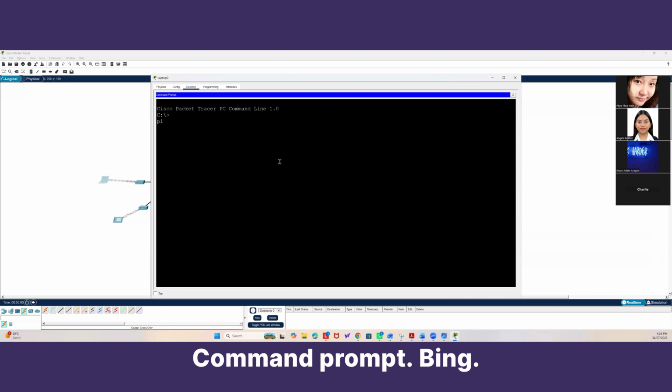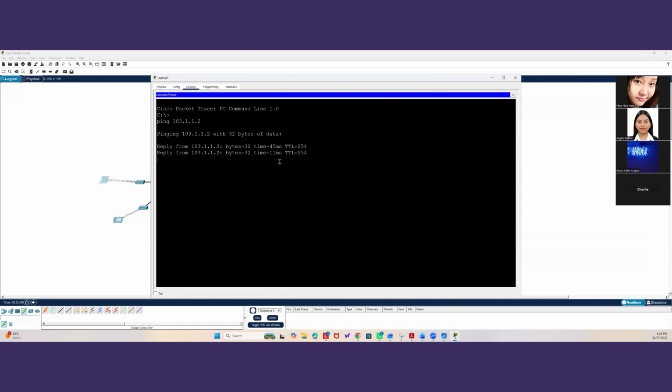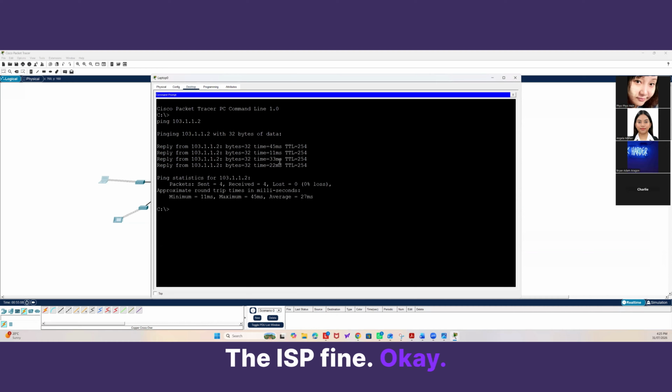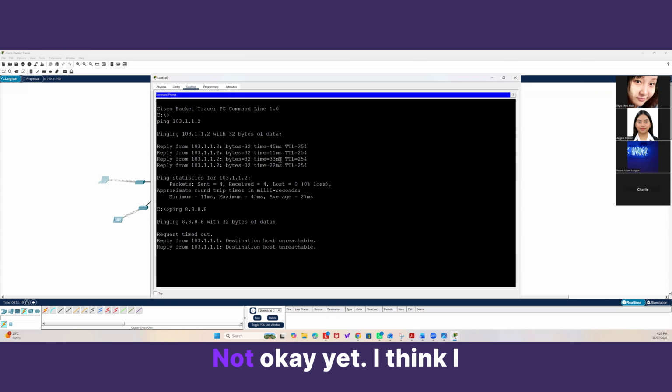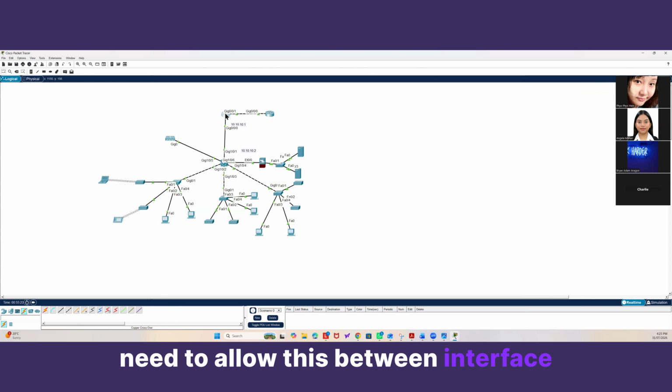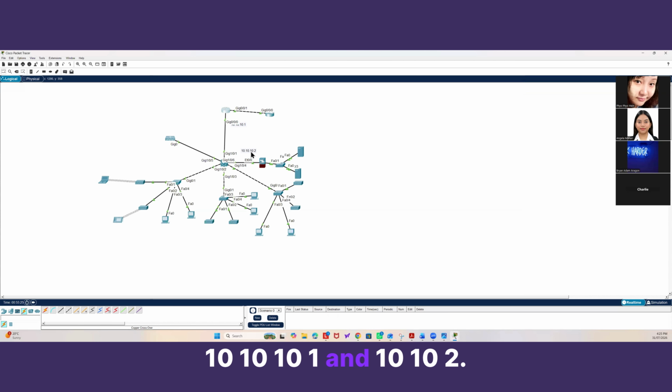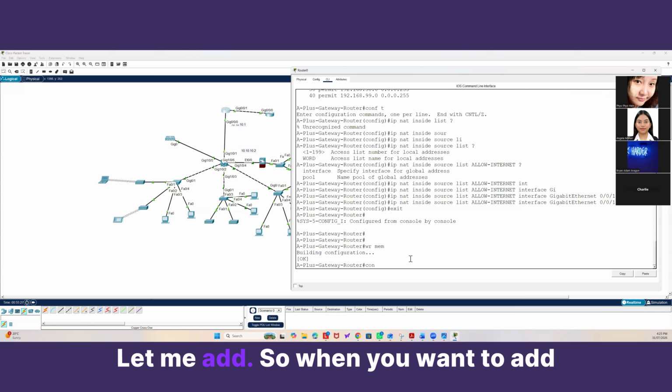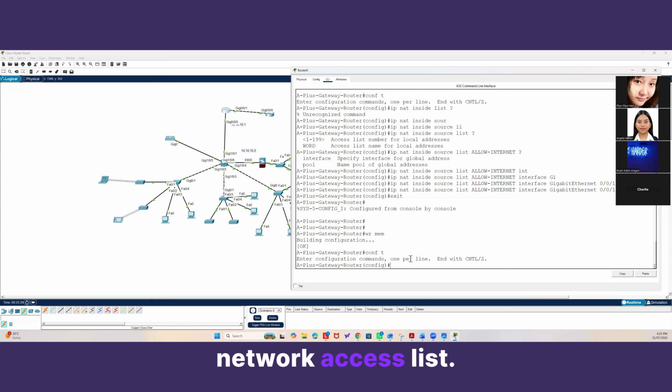Command prompt. Ping 103.1.1.2, the ISP point. Okay. Ping 8.8.8.8. Not okay yet. I think I need to allow this between interface 10.10.10.1 and 10.10.10.2. Let me add. So when you want to add a network to the access list,